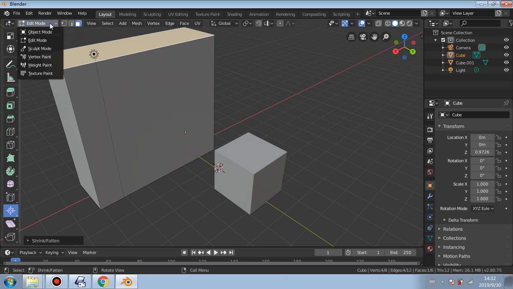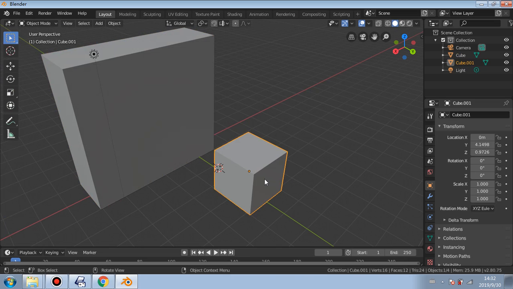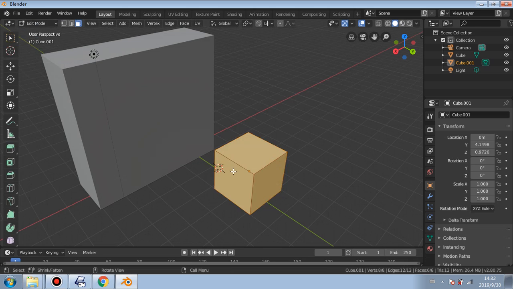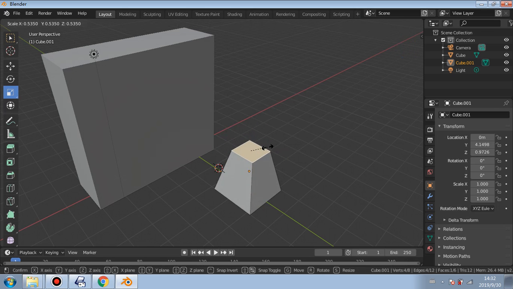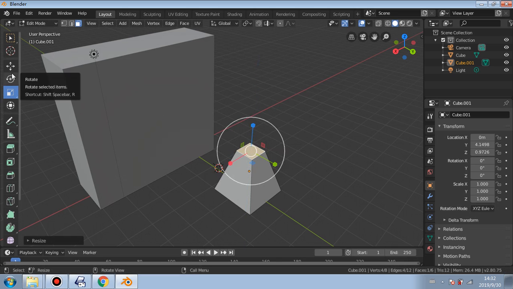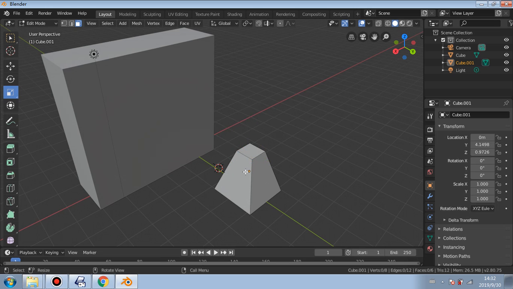If I want to edit this object now, I need to click out. I need to go to object mode and then choose that object. You see, and then when I go into edit mode, it will do that. So I can click away and then click individual faces and choose what I want to do. I can even use the basic stuff like the sizing and scaling tools, or I can press A and that will